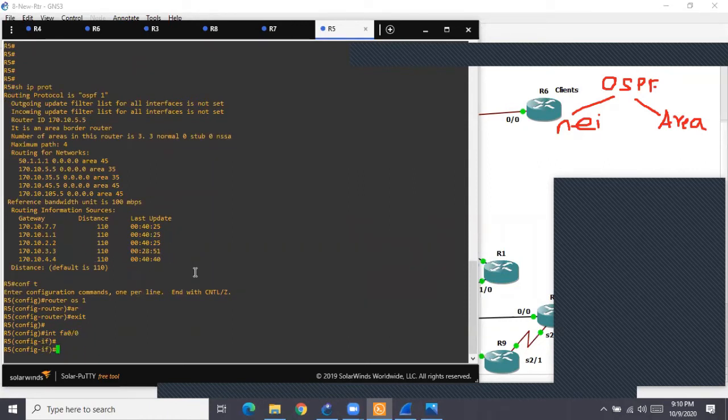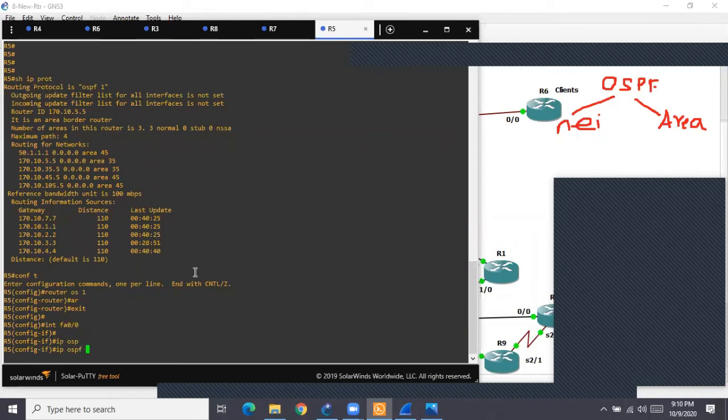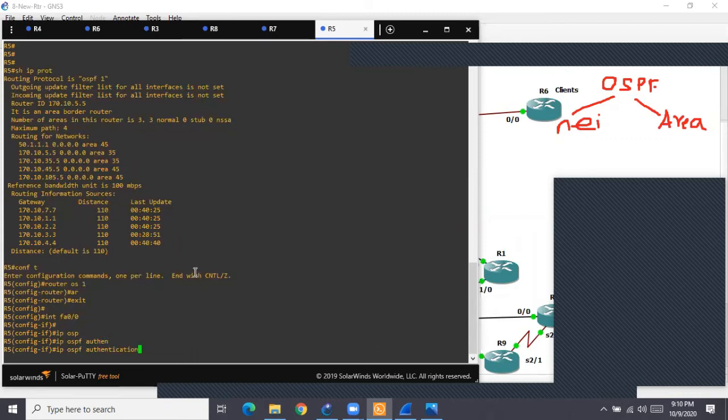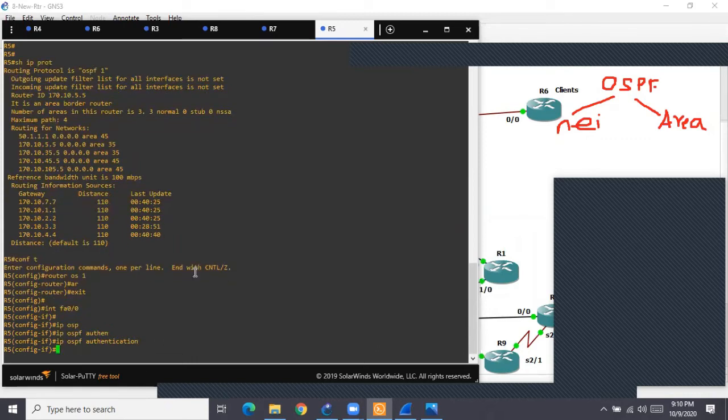And there you will tell OSPF, you need to do authentication. So the first command will be ip ospf authentication. When I say this, what type of authentication am I specifying? Simple authentication, plain text authentication. If you remember, earlier I had written that OSPF supports plain text authentication, which is also sometimes called clear text authentication or simple authentication, and it also supports MD5.